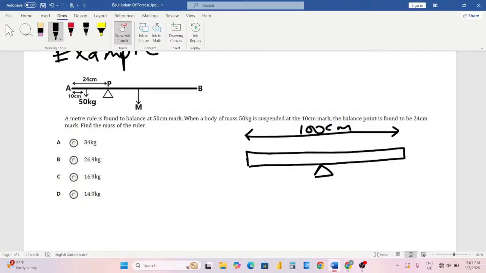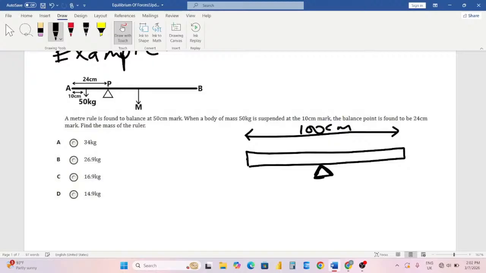The center of gravity of an object or a body is experienced at the center of the body. Now, taking that fact into consideration, if your meter rule is 100 centimeter long, then the mass of the body,